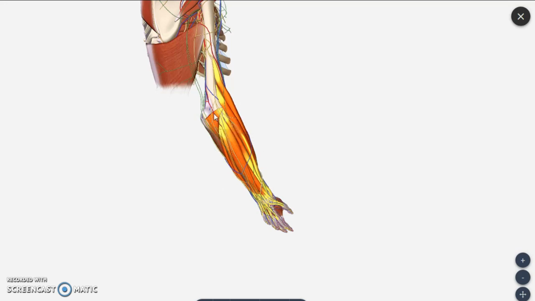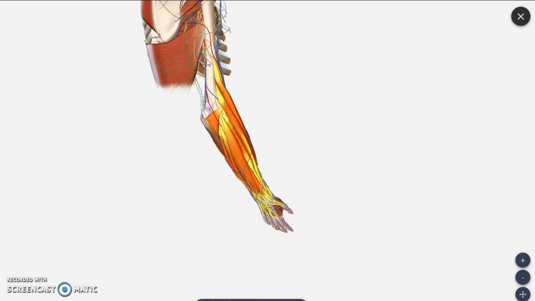From the elbow joint till the wrist joint we call this the forearm. The anterior compartment and posterior compartment will be seen. The anterior compartment we call the flexor compartment, and the posterior compartment we call the extensor compartment. The anterior compartment has 8 muscles and the posterior compartment has 12 muscles. We will deal with the details of these muscles later. For now, just understand how it is oriented. Now you have to remember one more thing.